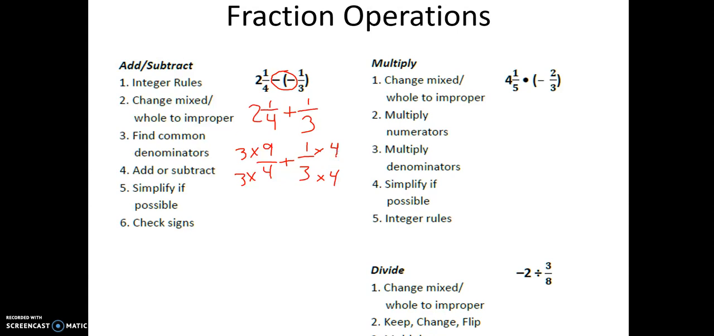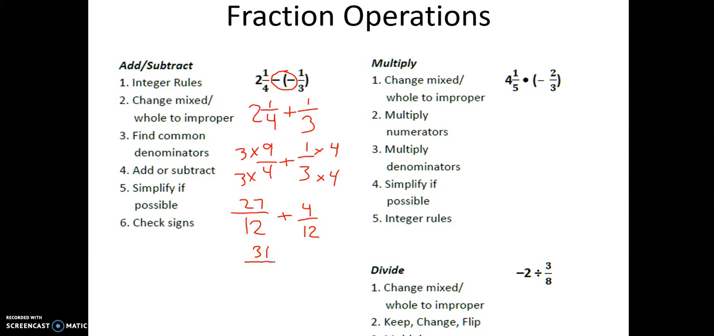So 3 times 9 gives me 27, and 3 times 4 gives me 12. Plus 1 times 4 is 4. Plus 3 times 4 is 12. And then 27 plus 4 is 31